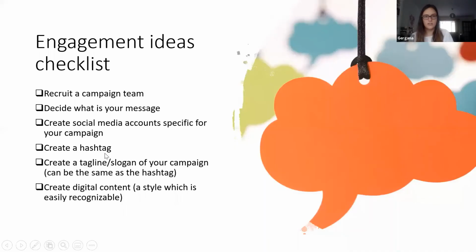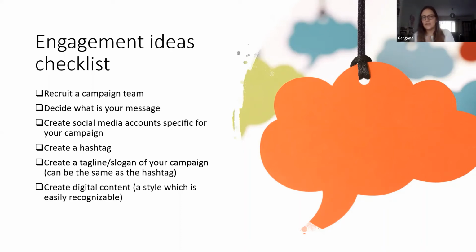And moving on. Now I want to give you a few engagement ideas. They're a little bit more practical. Again, some of them we've already discussed. I've decided not to include examples in this one because I will be giving loads of examples in the 2 workshops that I'm also running, the poster one and the video one. It will be full of examples. So today is going to be a little bit more theory, if you like, but please let me know in the chat what you think. And again, if you want to speak, let me know as well.